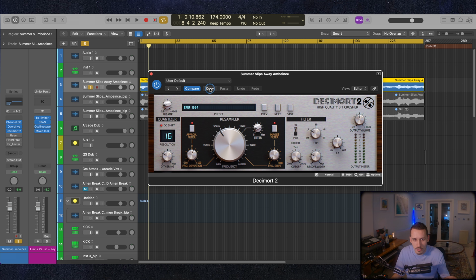And then this is the thing I've done quite a lot on here, the resampler, which is basically acting like a filter in Decimate, and it's getting rid of all of that crispy digital top that's in the sample. And I know sometimes you might want that stuff, but I actually think that really reveals that this sample's been time stretched, and by taking that away I can kind of camouflage a little bit of what I've actually done.